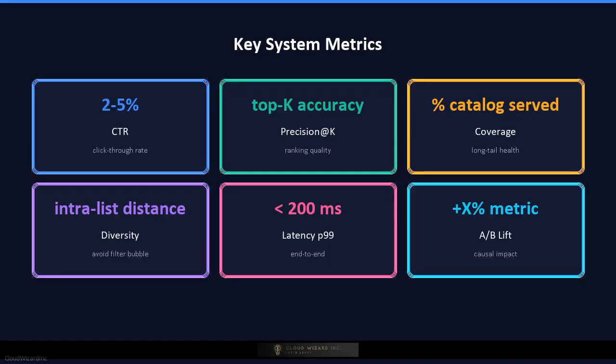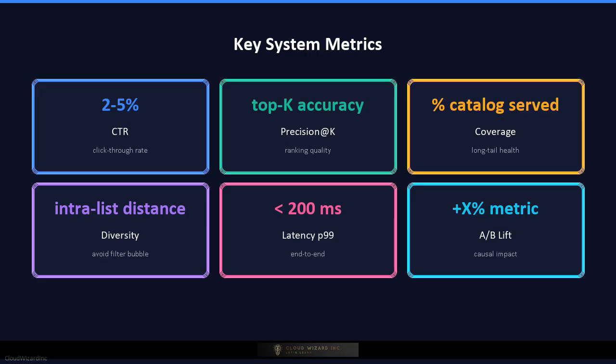Online business metrics include click-through rate, conversion rate, watch time, revenue per user, and session engagement. Ranking quality metrics include precision at K, recall at K, normalized discounted cumulative gain, and mean average precision. Catalog health metrics include coverage, which measures how much of the catalog is being recommended, and diversity, which measures how